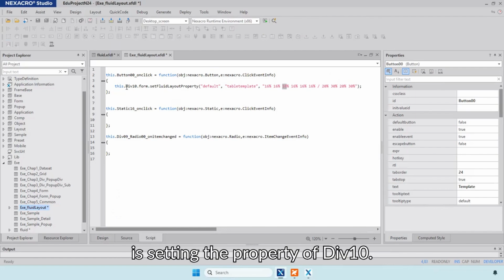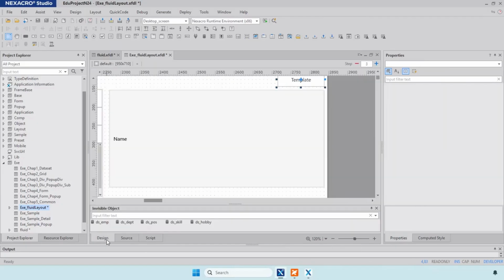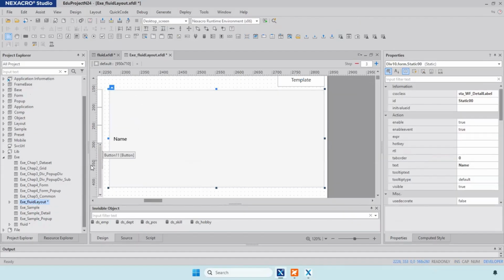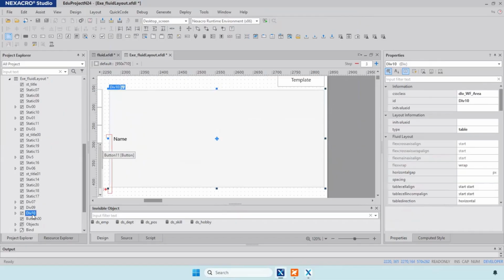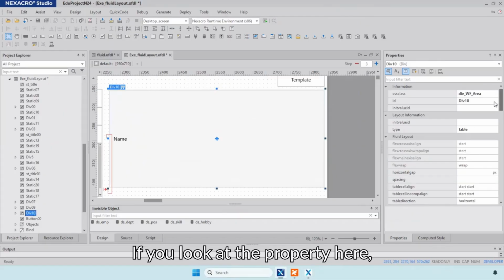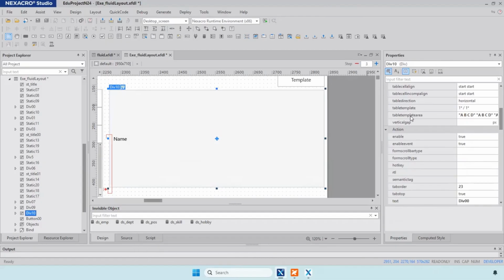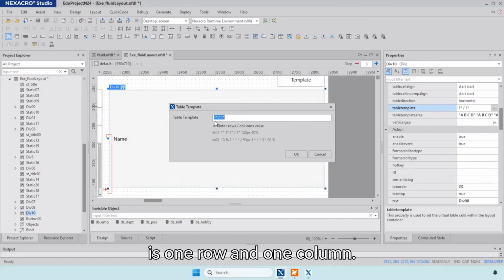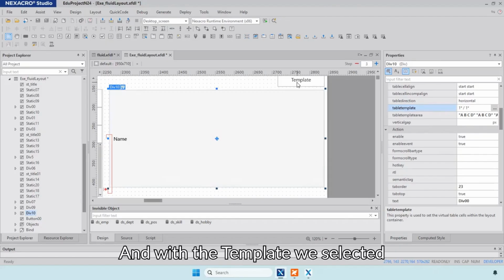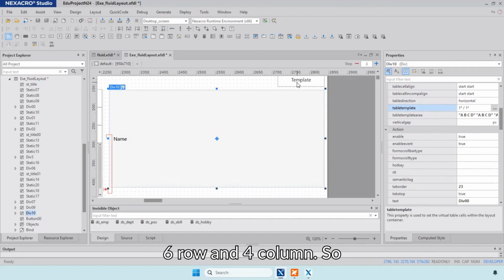So it is setting the property of div 10. So if we go here, let's select the div 10. If you look at the property here, table template is 1, 1. So that is 1 row and 1 column. And with the template, we selected 6 rows and 4 columns.